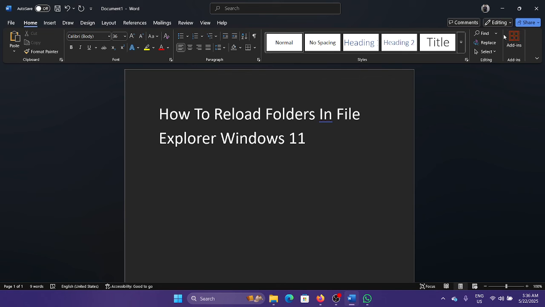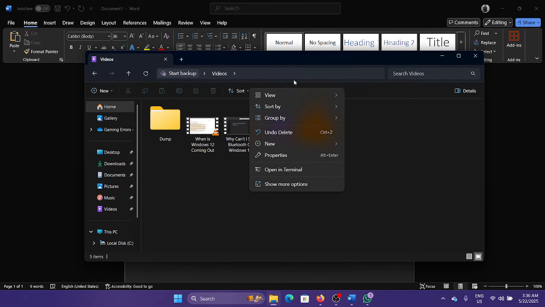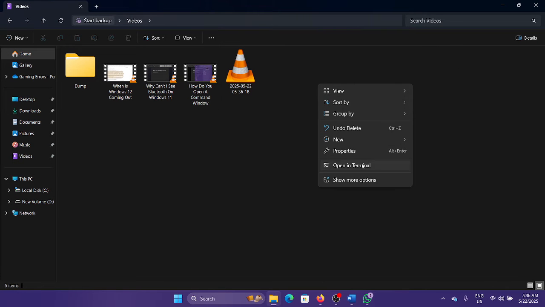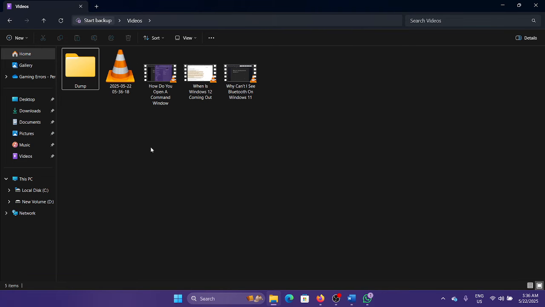Hey friends, a lot of users have been asking how they can reload folders in the File Explorer. One of the reasons is that after the update, which has changed the File Explorer menu, people have a lot of confusion. When we right click, we don't find any option to refresh it. Now see this carefully. Right click and select show more options and then select refresh, and this will refresh all